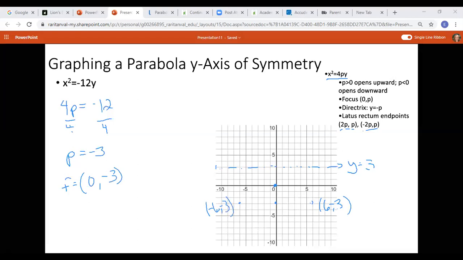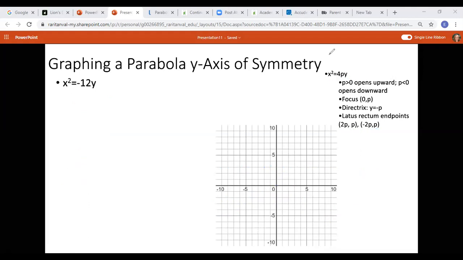So now we have some minimal amount of information. We can draw this parabola. And I'm sure you can do better on your paper than I can do on my screen, but that gives us a rough idea about what this parabola looks like. Okay, so our vertex is at (0, 0). Our focus is at (0, -3). We have the endpoints of our latus rectum, and our directrix at y is equal to 3. I'm going to clear these drawings,